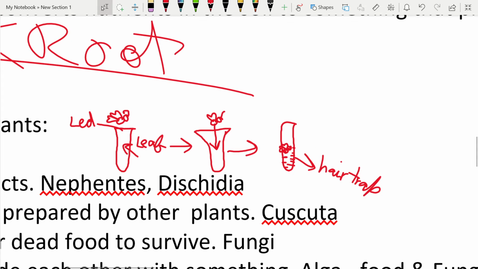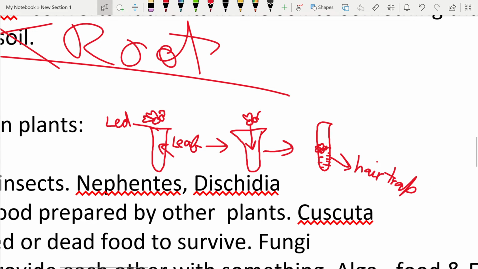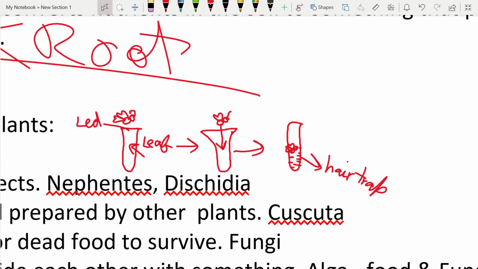Now we have got this. The first stage is when the fly comes over the leaf. Now the leaf has a lid on the top which helps it to open and close. Now when the fly comes near, the lid opens. So the fly falls in. Now the fly gets stuck in the hair trap. So there are hairs in the leaf and they trap the fly. So that's how the